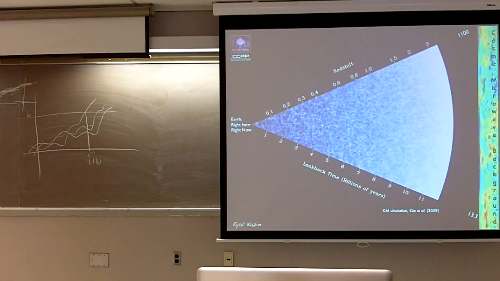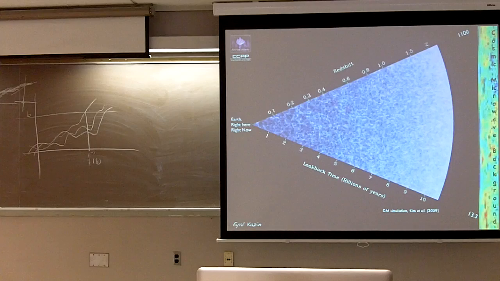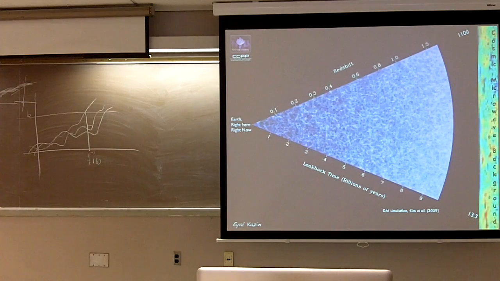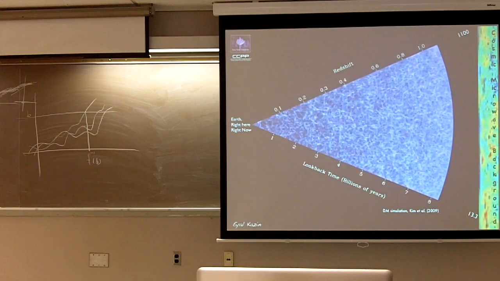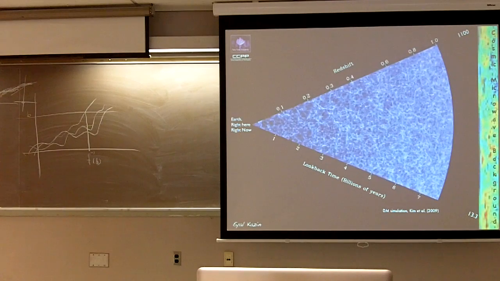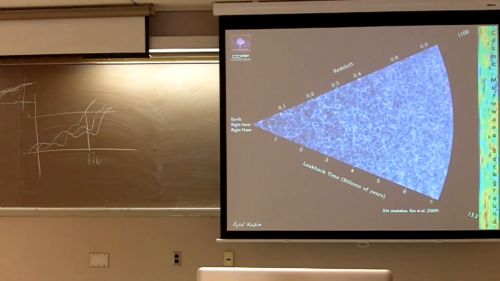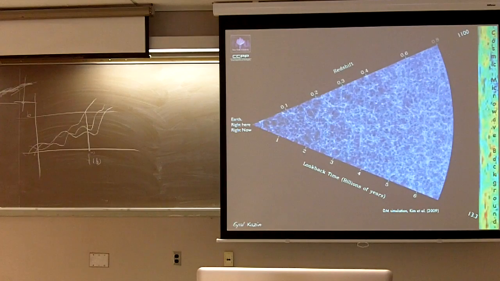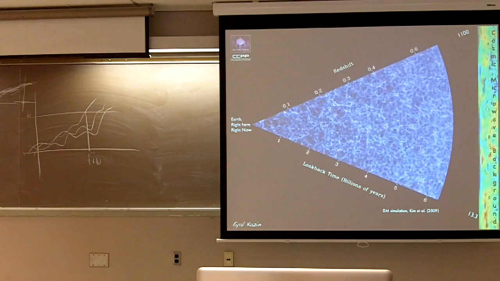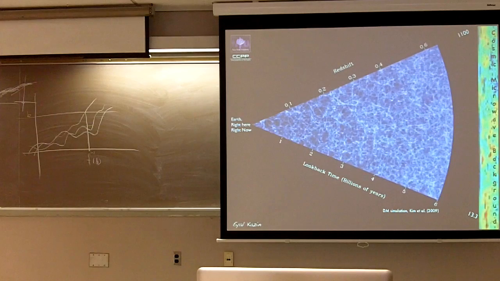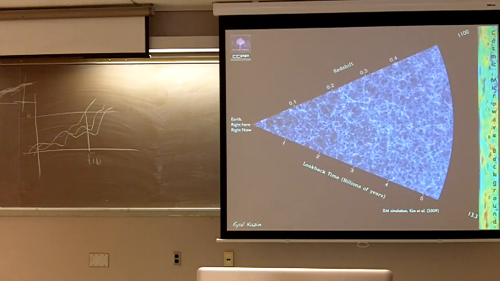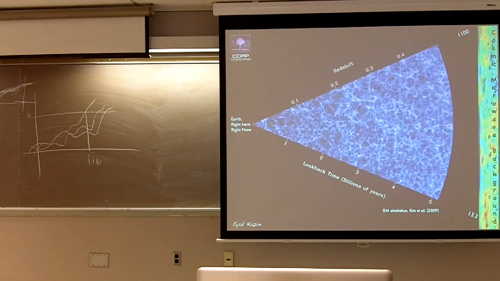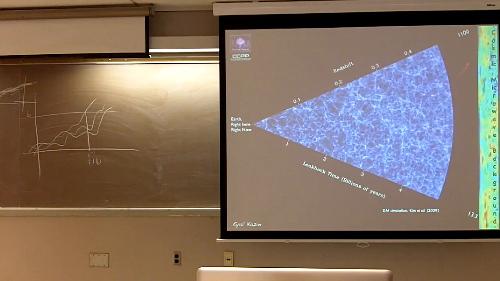So this slide over here is similar to the first slide that I showed. Ongoing surveys like the Sloan Digital Sky Survey are measuring larger and larger chunks of the universe, transforming cosmology essentially into a precision science. And one of the most important measurements is the way that matter is distributed, and we can relate it to the cosmic microwave background, which I'll explain more in detail later, but for now I'll just give you a general idea of what you're looking at.